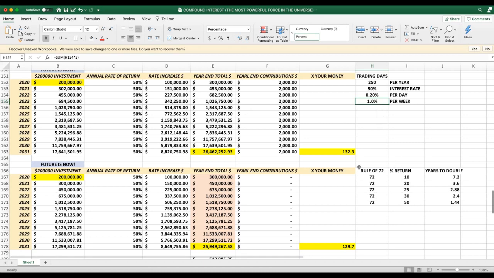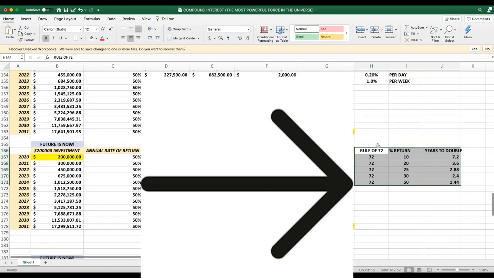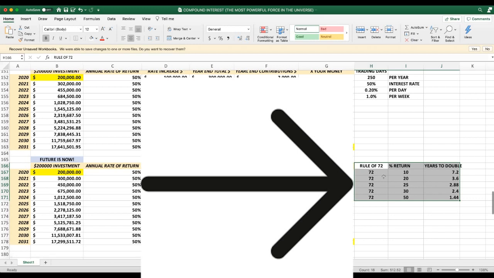Now, I wanted to show you guys on the right side the rule of 72 really quick. The rule of 72 is basically you can divide 72 by whatever percentage you have, and you'll get how many years it takes to double your money. Meaning, if you get a 10% rate of return every year, it'll take you 7.2 years to double instead of 10 years to double. 10% times 10 would be 100%, right? That's compounding for you. And if you do 20%, it would be 3.6 years to double your money. So if you have $5,000, it will take you 3.6 years to double your money to $10,000. So it's another way to think about how long till I double what I have.